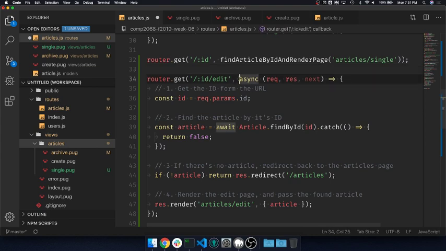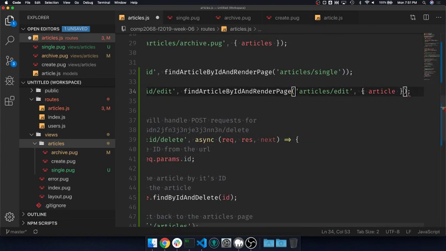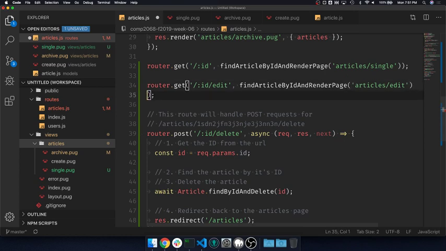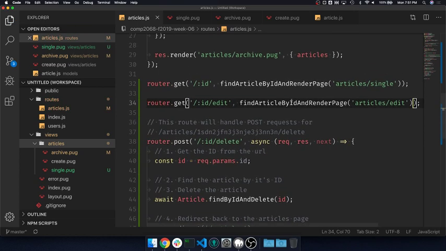And then I'm going to do the same thing to this function. And do that. So now I have the exact same code that's being used in two different routes that allows me to,